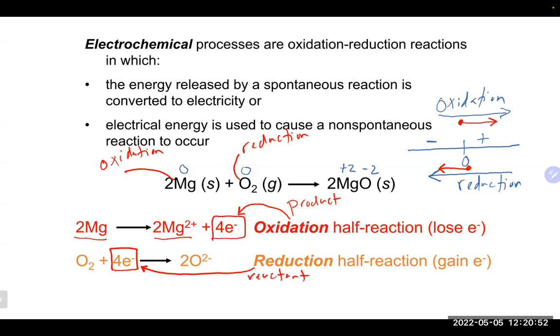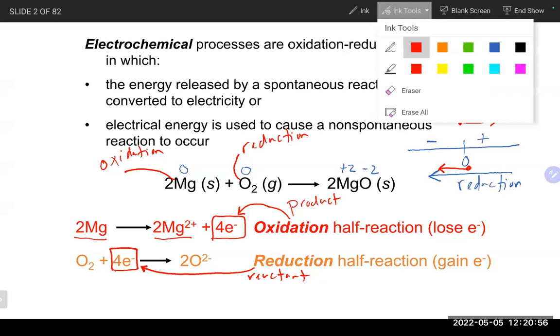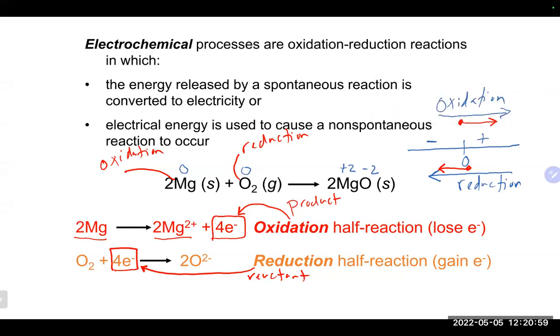This is considered half reactions because, frankly speaking, you super zoom, then you zoom out. If you take both of these half reactions and add them back together, anything that's on opposite sides of the arrow will cancel. And when you do this, it always should be the electrons that completely cancel out. You should always have the same number of electrons in each half reaction before you add them back together. Sometimes you may have to multiply a half reaction by a common number to get everybody to the same